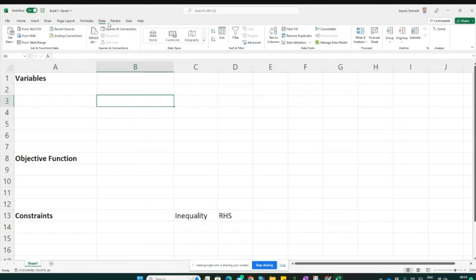Then when you go under this Data tab, you are going to see this add-in called Solver. It may or may not be there when you open your Excel window. A similar method works in Mac as well. Right now I am using Office 365 in Windows. Now in my Excel file, I've already